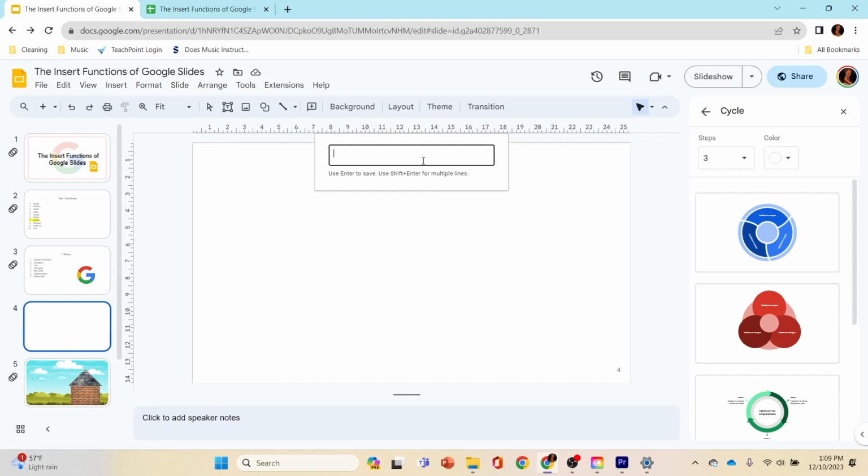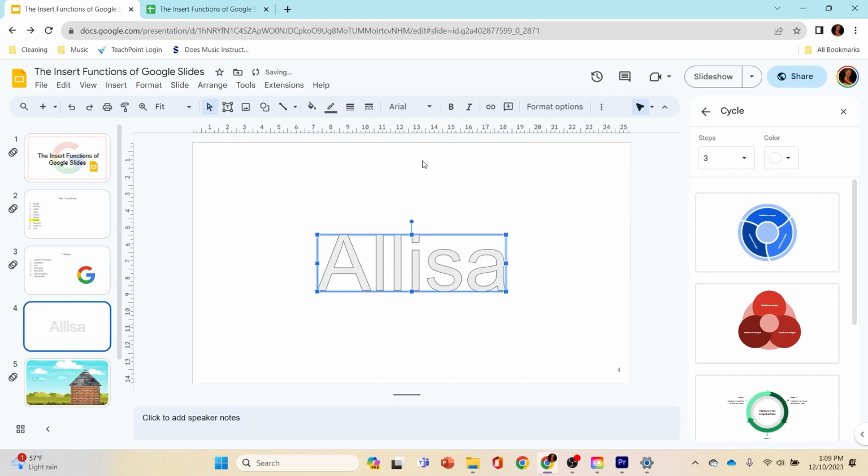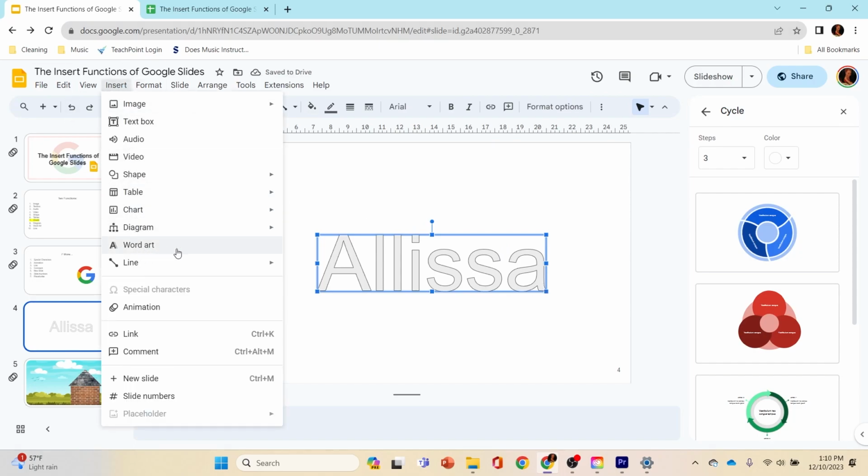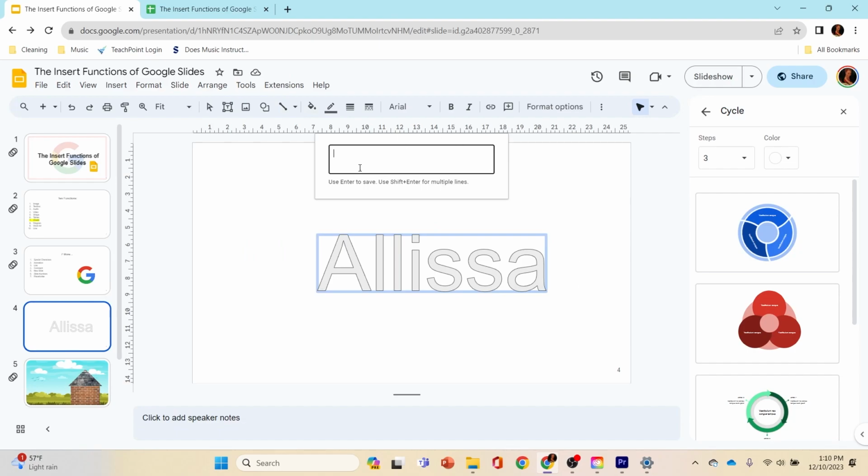So let's pick out, I'm going to use my name. All right, so, whoops. Let's fix that. I have 2 S's. Enter. So basically, when you click on the word art thing, it opens a menu and you type in the word you want to use, and then click